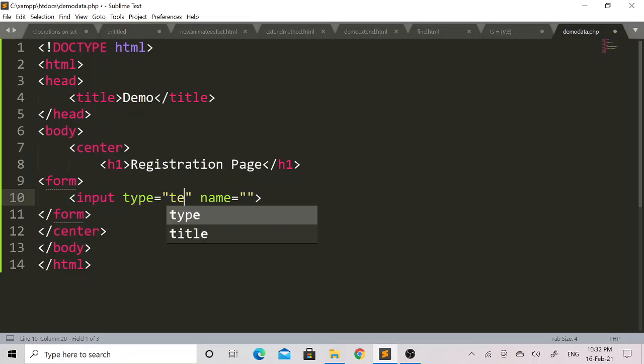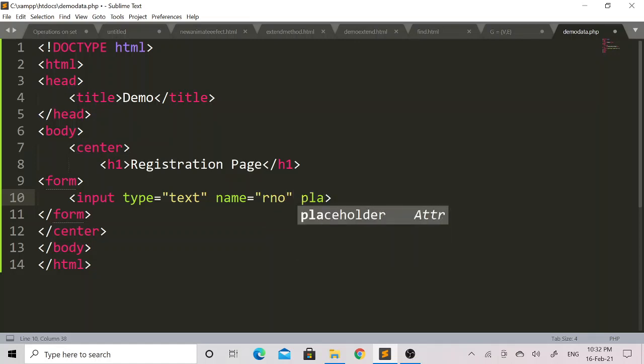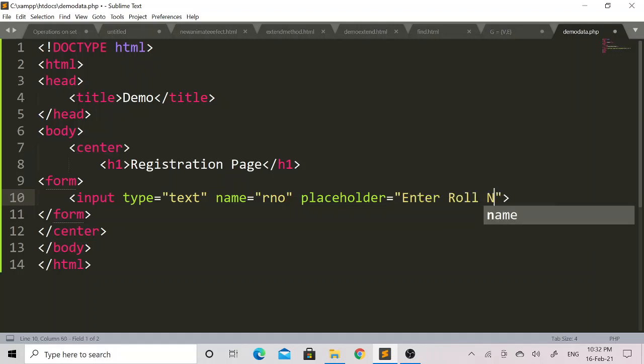I will set text value to the type attribute and RNO value in the name attribute. In a placeholder I will mention enter roll number.